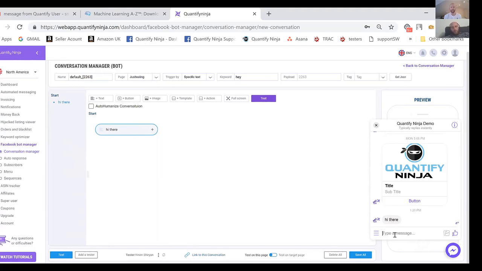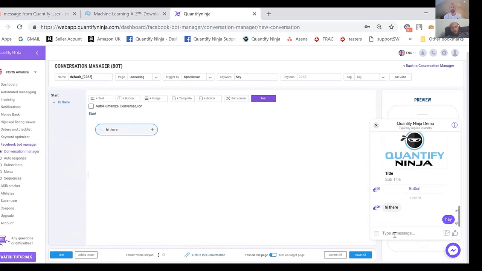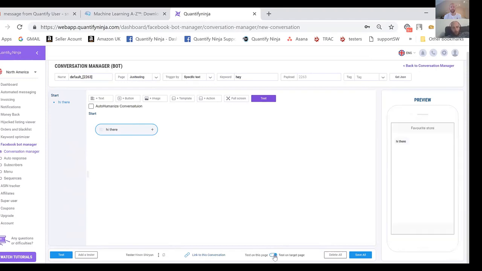But if I type here "hey," it will not work because in the embedded conversation, you can't test the specific text. We intentionally did it because we don't want anyone that has access to this page to trigger it. It's a matter of security. So if you want to test a specific text trigger, you should work on the target page. Okay. And then you can just go to